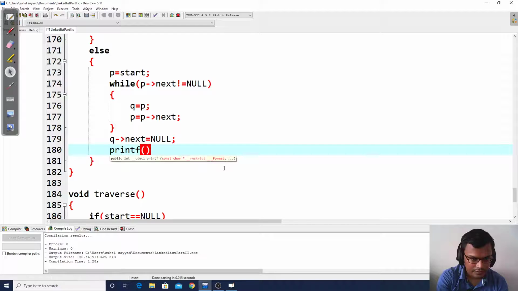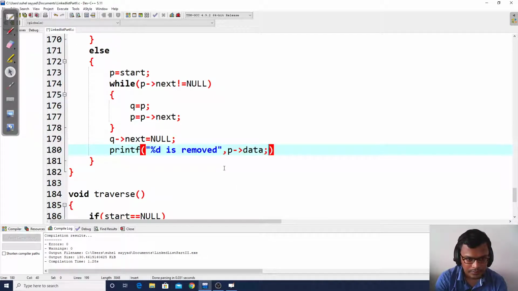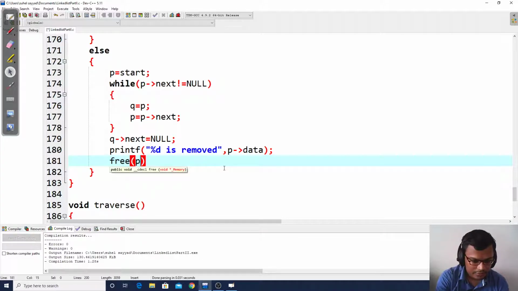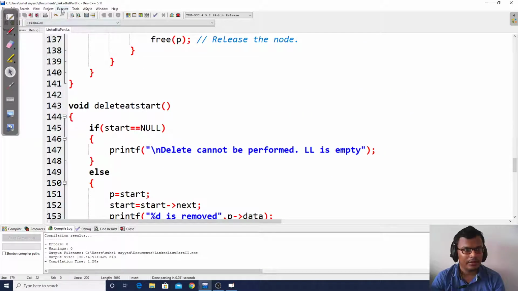We'll printf what data we are removing, percentage d is removed, and that percentage d is P's data, and finally we'll write free P. So this is how our logic of delete at end will work.